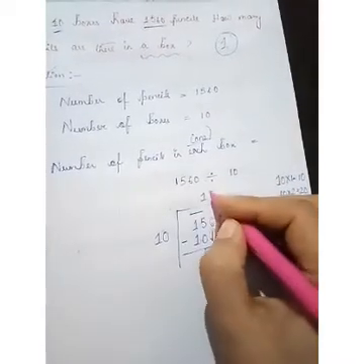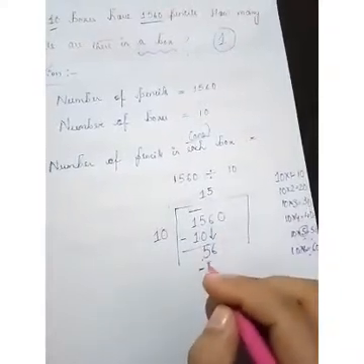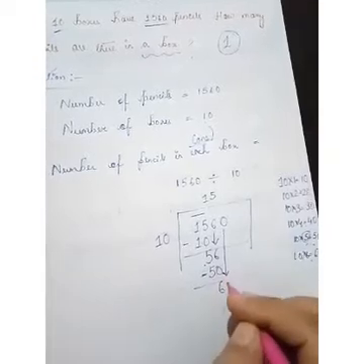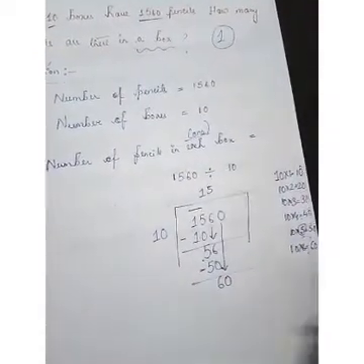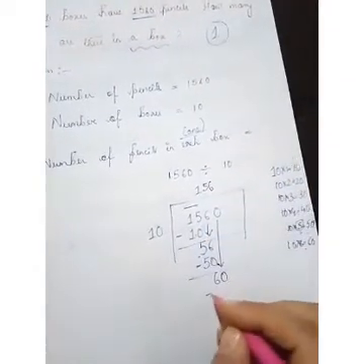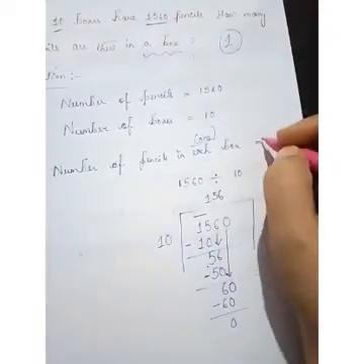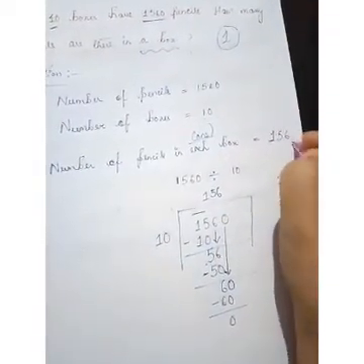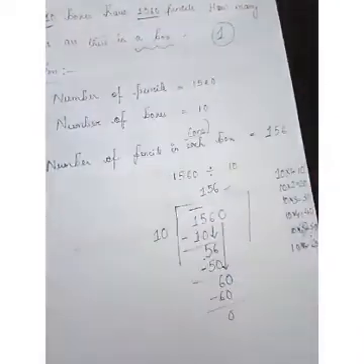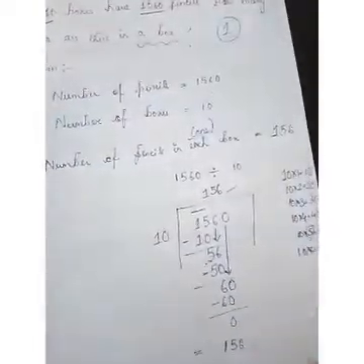Alright. So 10 into 5, because it is multiplied by 5, 5 will go up. So minus 50. So 6 will come down and the 0 will come down here. Okay. Now we got 60. So we know 60 is exactly divisible by 10. So 10 into 6 equals 60. Alright. So number of pencils in each box equals 156. The question becomes the answer. Okay. So number of pencils in each box equals 156, or you can write it below also, 156. You can write here also, here also.